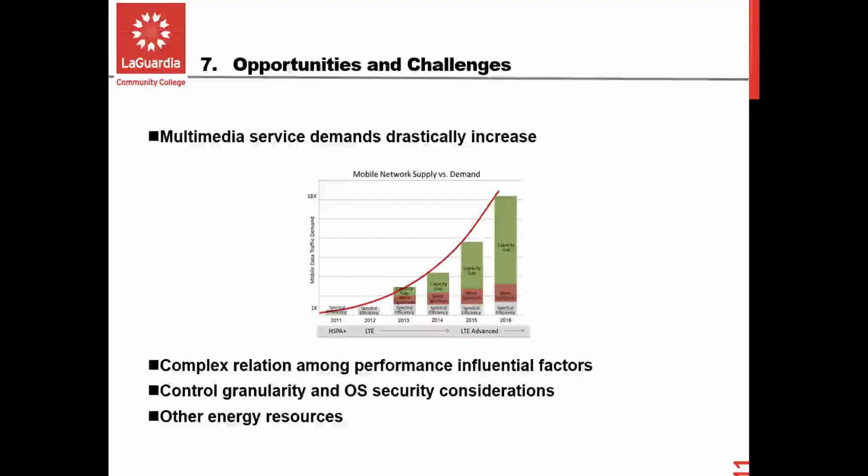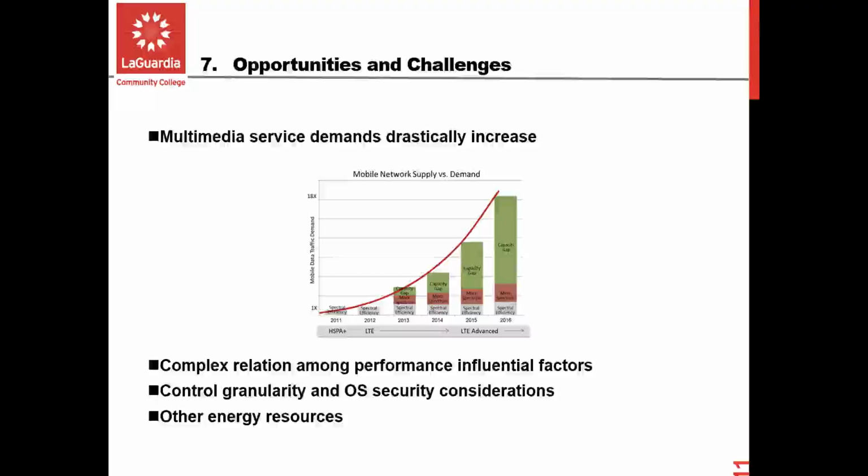This can also be applicable in environment monitoring, where they use video streaming to monitor certain environments, or for security systems in homes and companies where they use video streaming. So by saving energy there, we help those people save energy on their security system. It can also be helpful in things like monitoring animals, and of course, as we mentioned, there are multimedia services like social media where people stream videos. So as you can see, there are a lot of applications of this project in our society right now.